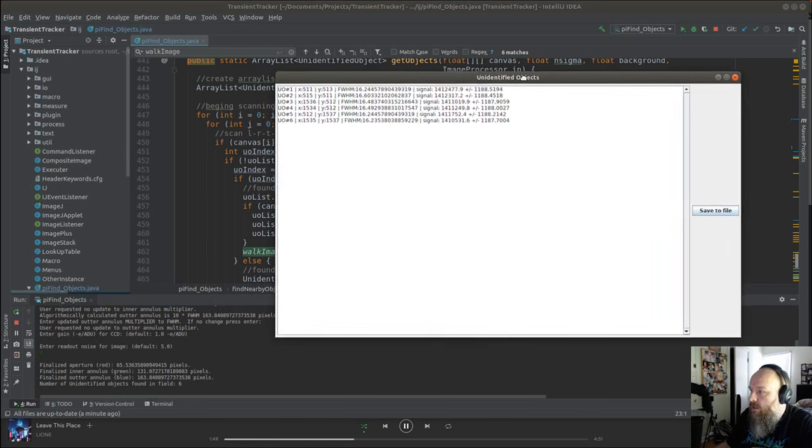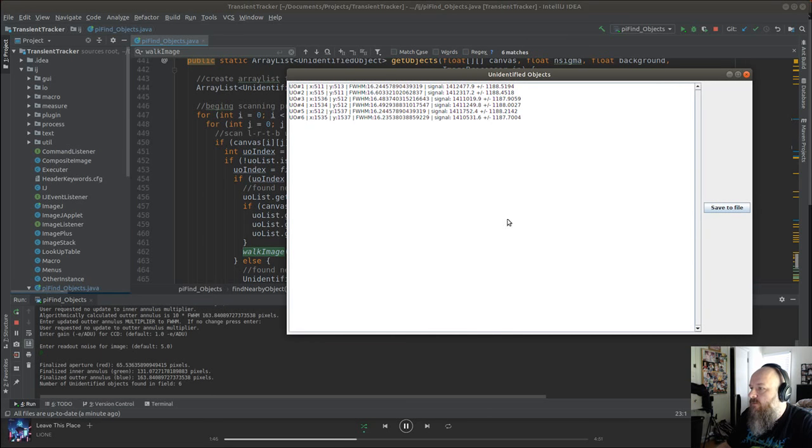Here we are. Okay, so the 4 objects. The output should be 1 times 10 to the 6th power, and what you can see here is I have 1.4 times 10 to the 6th power. So this signal is 40% higher than it should be, which means that my method for determining signal is clearly